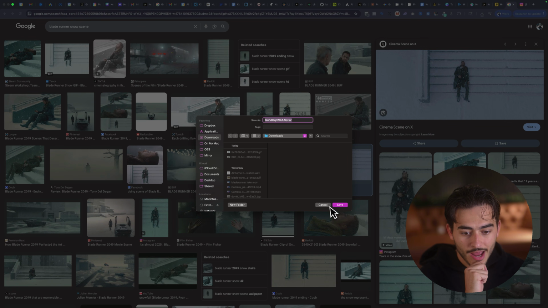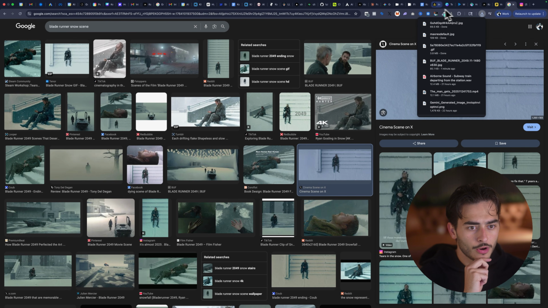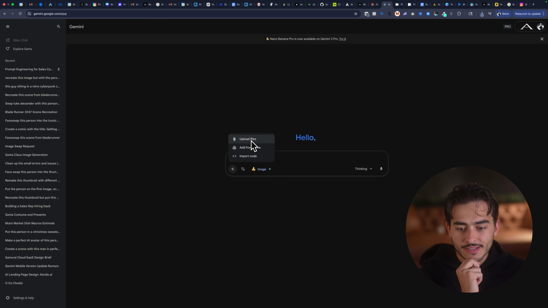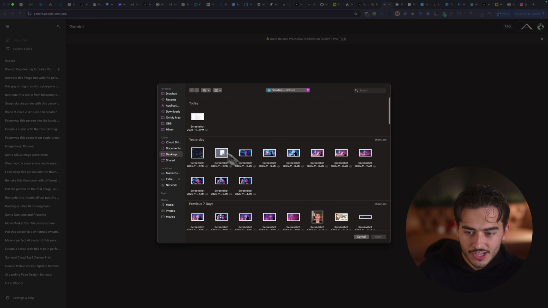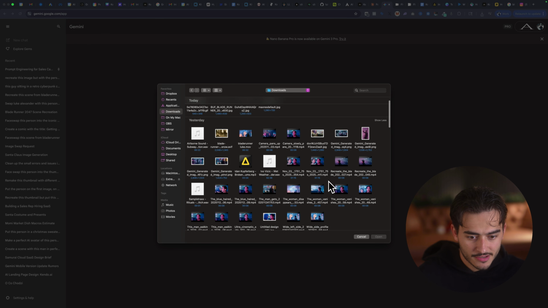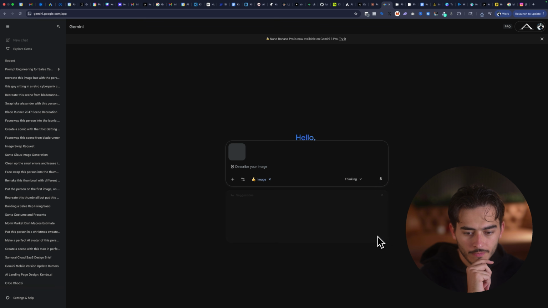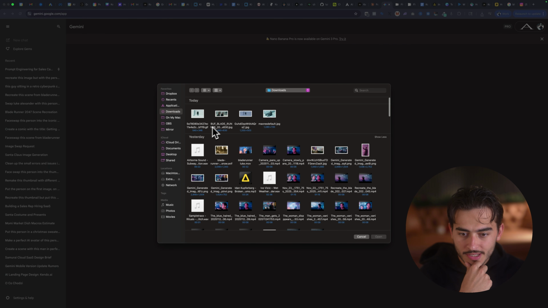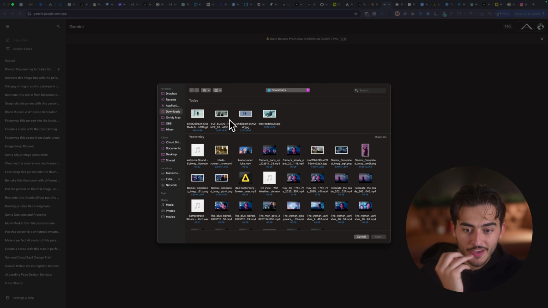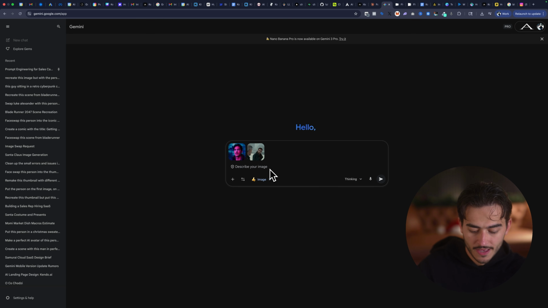Okay, so now we're going to go back to Gemini. And we've got to give the really good visual example of my face as Ryan Gosling. Okay, there it is. So we're going to grab this good image of me. We're going to upload that, and then we're going to grab these other ones. Now, remember, we want to do the facial one first because it gives the most context and it's also similar to the setting. So I'm going to say, face swap the person